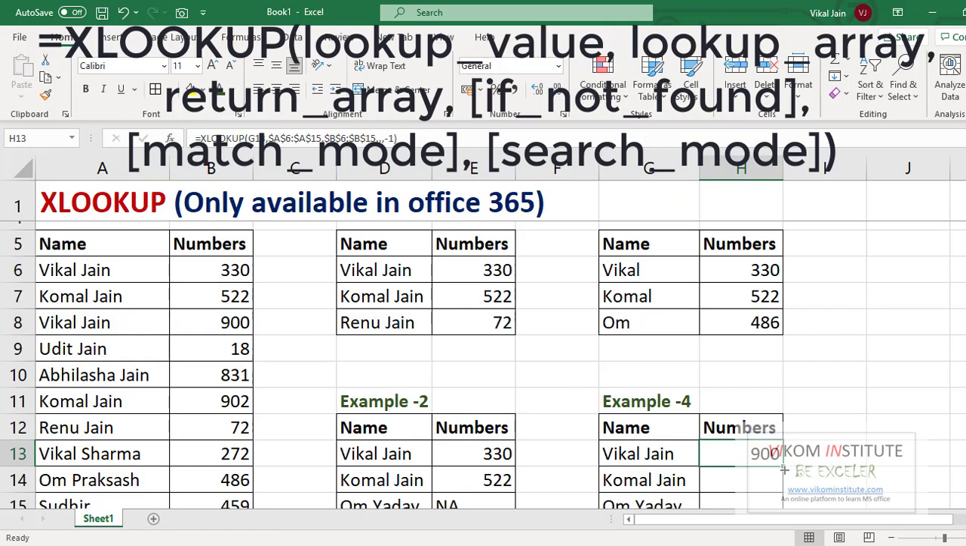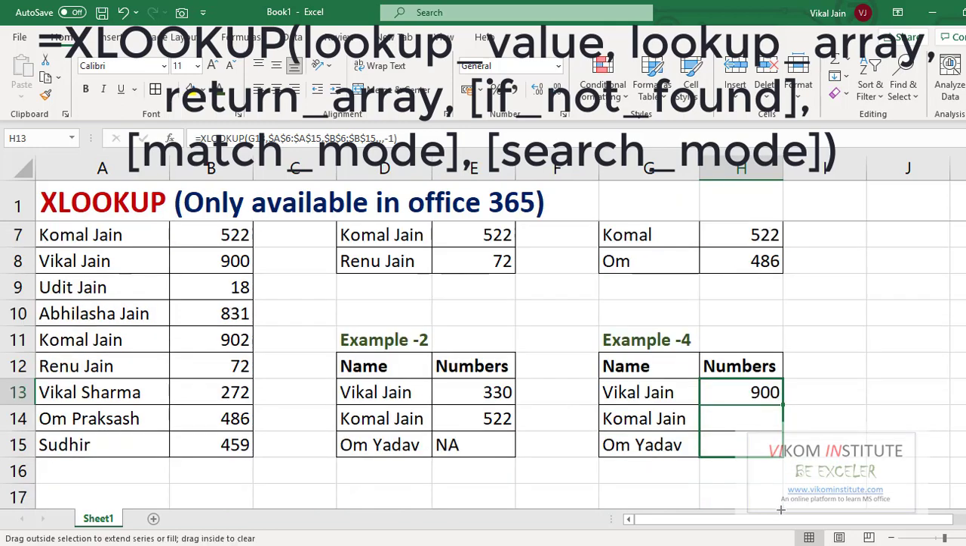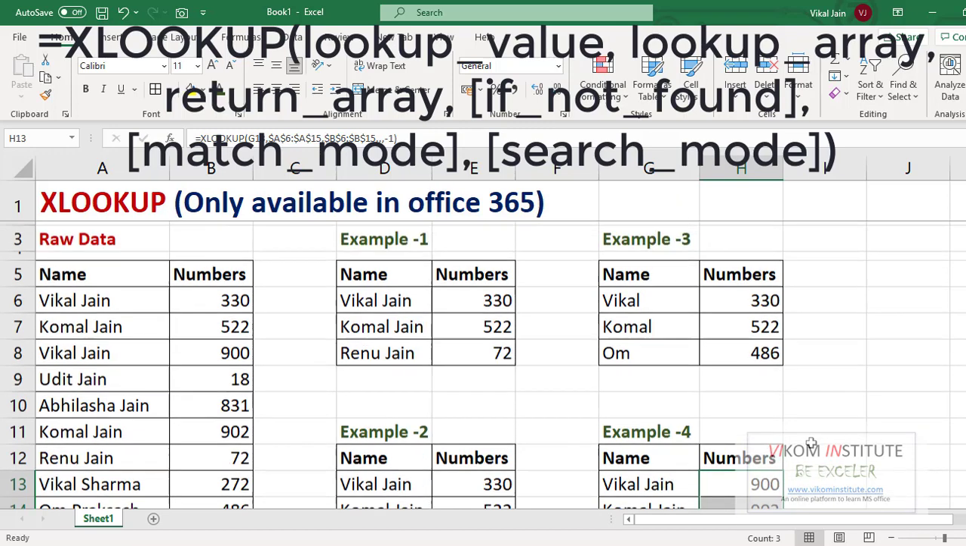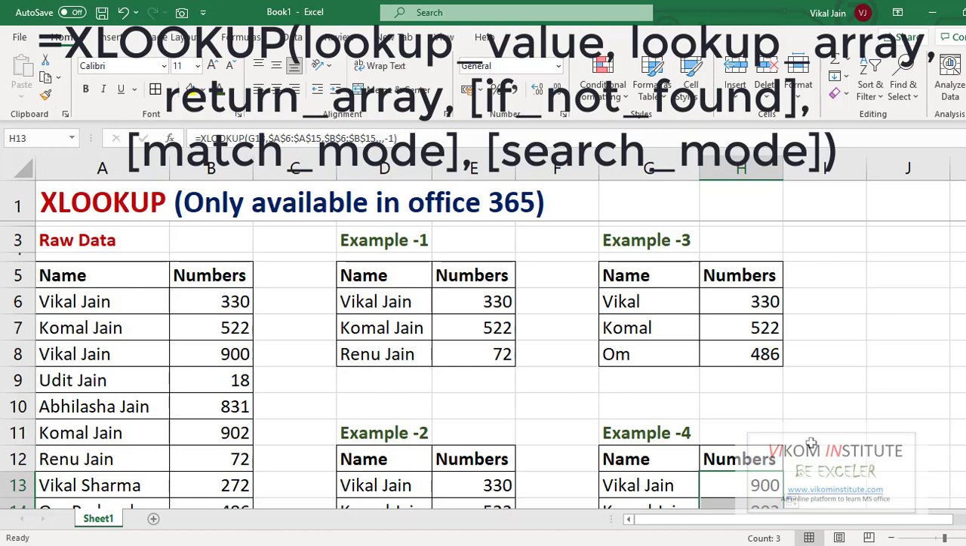VLOOKUP doesn't have this feature. So here it is, Om Yadav is not in the list. So you may use the fourth argument from the XLOOKUP. So these are the basic examples of XLOOKUP. So keep enjoying and keep